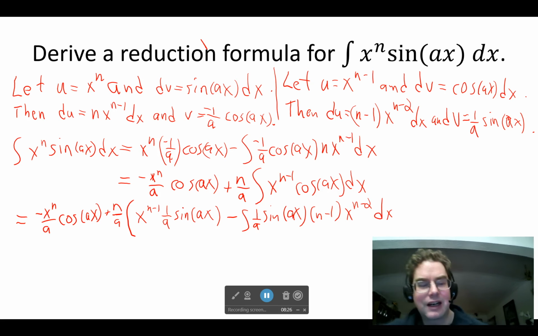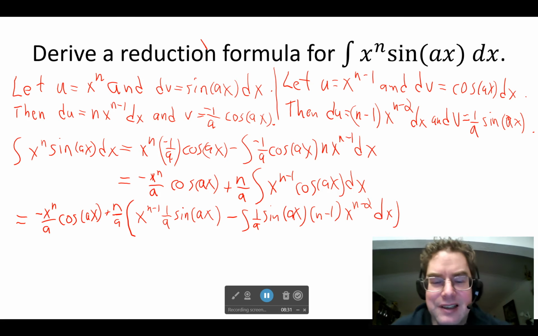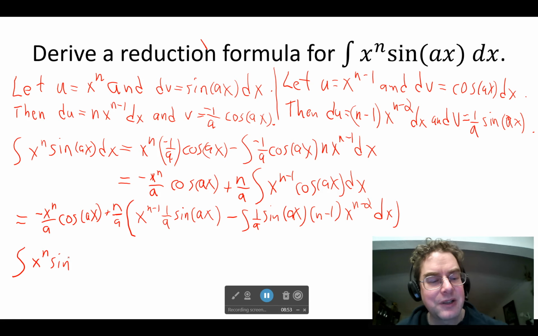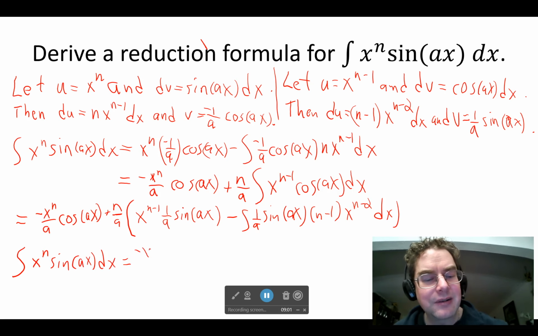Well, there we go. Again, we can clean this up a little bit, but you can see that we're just about home free here because now we're back to having sine in our integrand, sine ax, just like the original, and we do still have a reduced power of x. In fact, it's reduced one more than before. That's fine. That's actually great. And so we can write down our final reduction formula that we have derived. Again, we'll clean it up a little bit as we do that. The integral of x to the n sine ax dx, at the end of the day, is equal to, we had before, negative x to the n over a